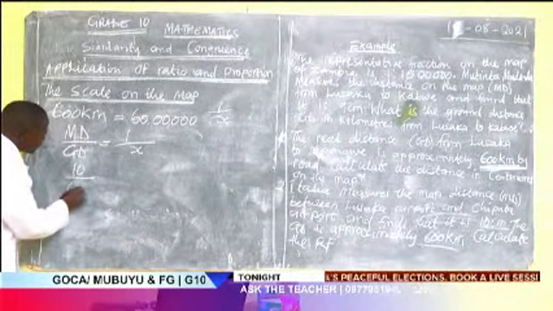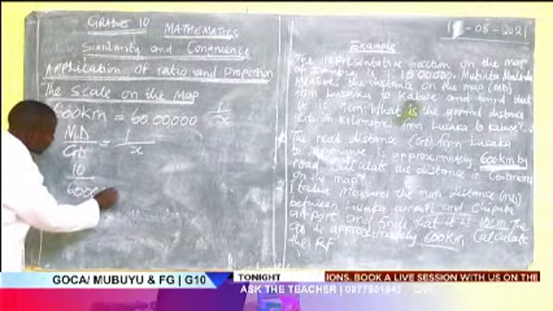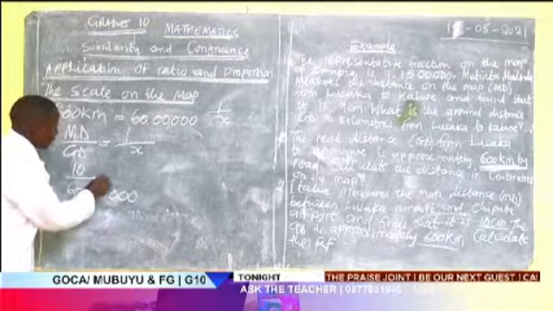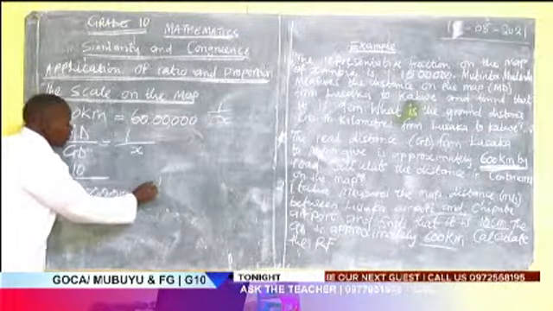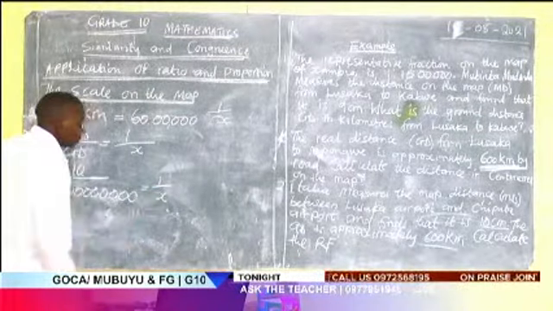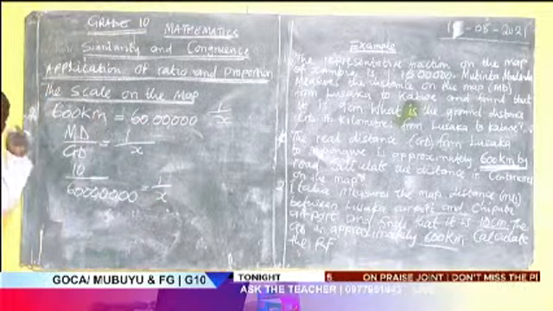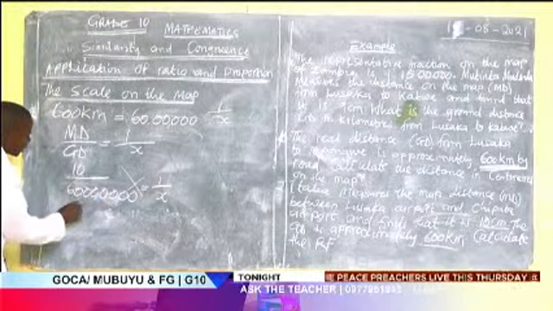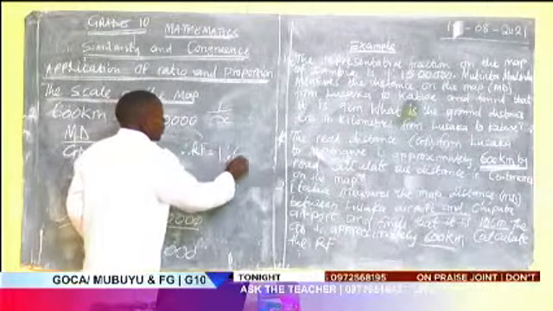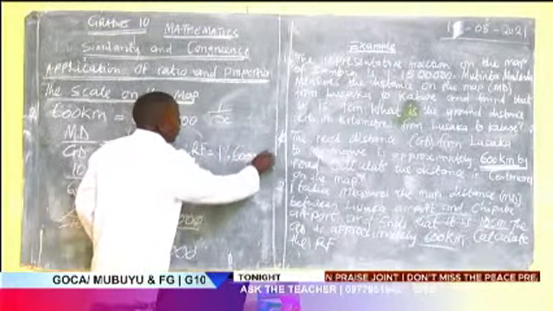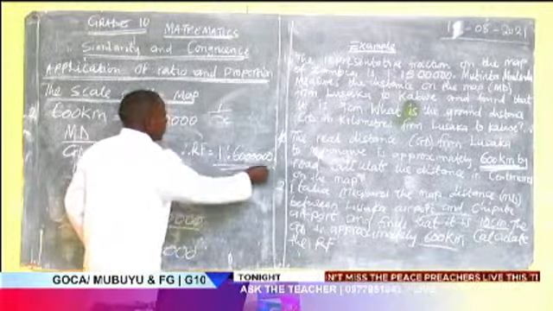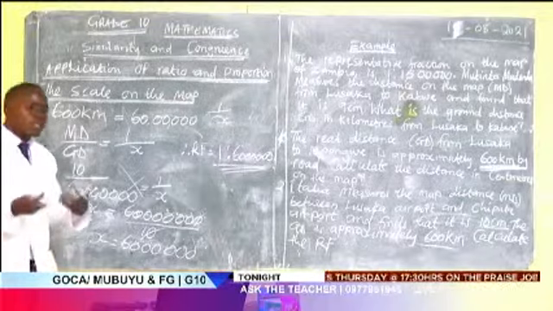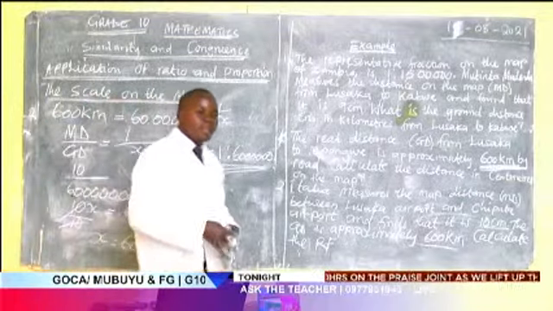We have 60 million. Is equal to 1 over x. We cross multiply here. 10 times x, we get 10x. Okay? So in some cases, you might be given the